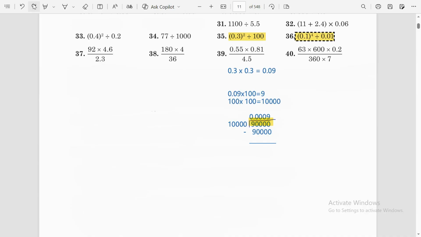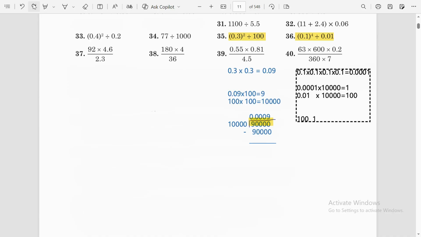Next is 0.1 to the power 4 divided by 0.01. So first of all, again, solving the bracket initially. This is 1 multiplied by 1 will remain 1. But the main thing is where to put the decimal. So we have to add 3 zeros. The answer is 0.0001. We'll remove the decimal from both the dividend and the divisor,